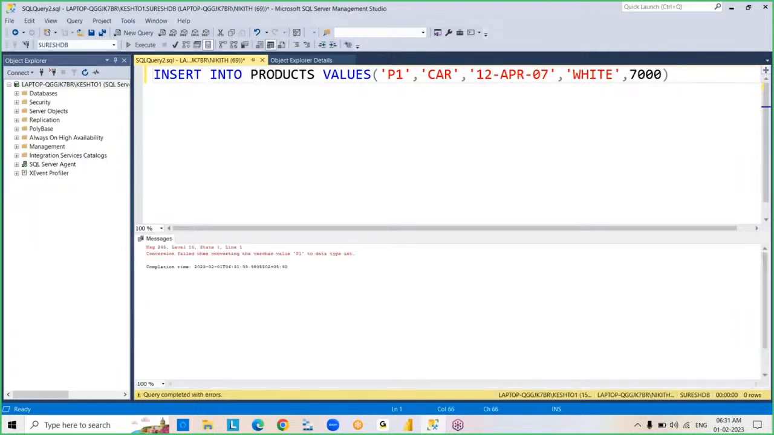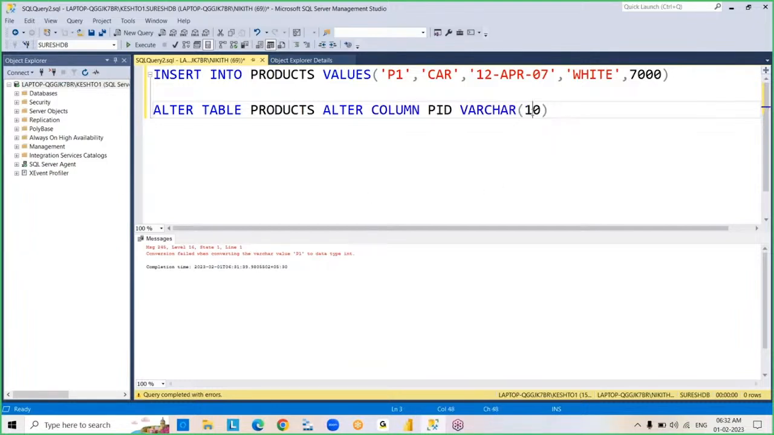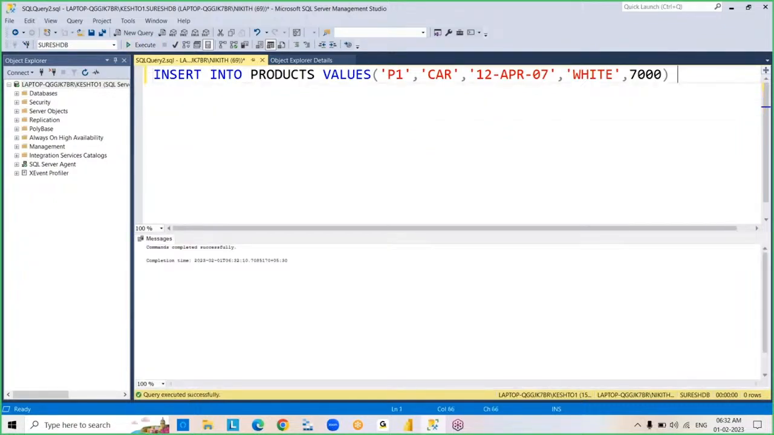Now see this. We created the table again, right? Wait. Alter table products, alter column product ID varchar, so make it 20. Now it works. See this. Data inserted. But my question is,